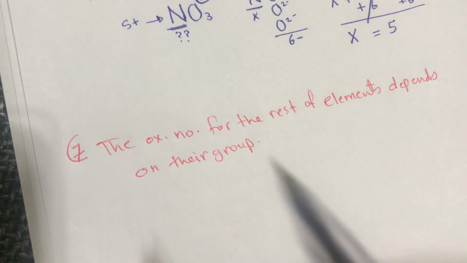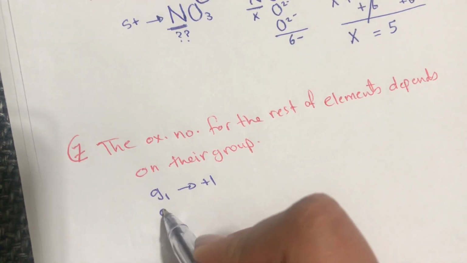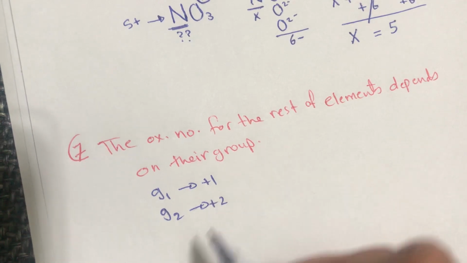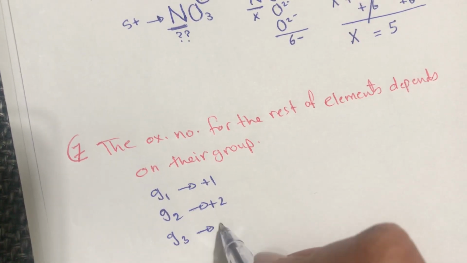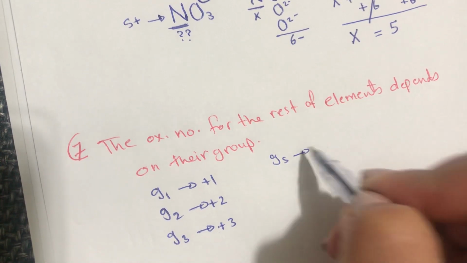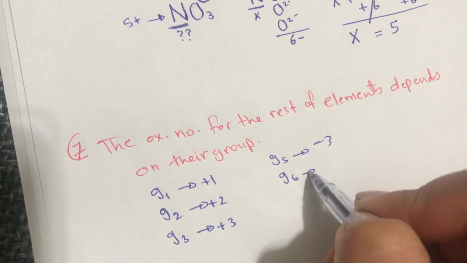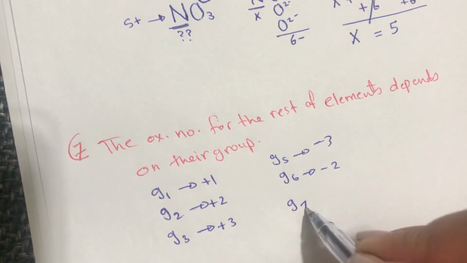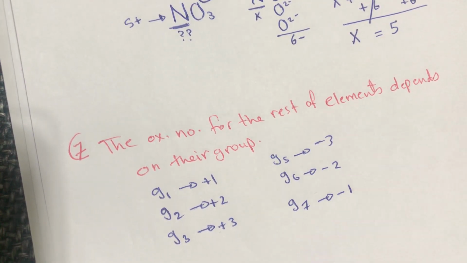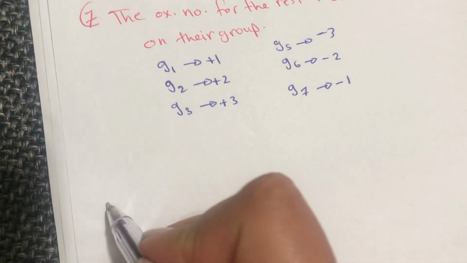So for example, group 1 carries +1, group 2 +2, group 3 +3, group 5 -3, group 6 -2, and group 7 -1. The last rule,